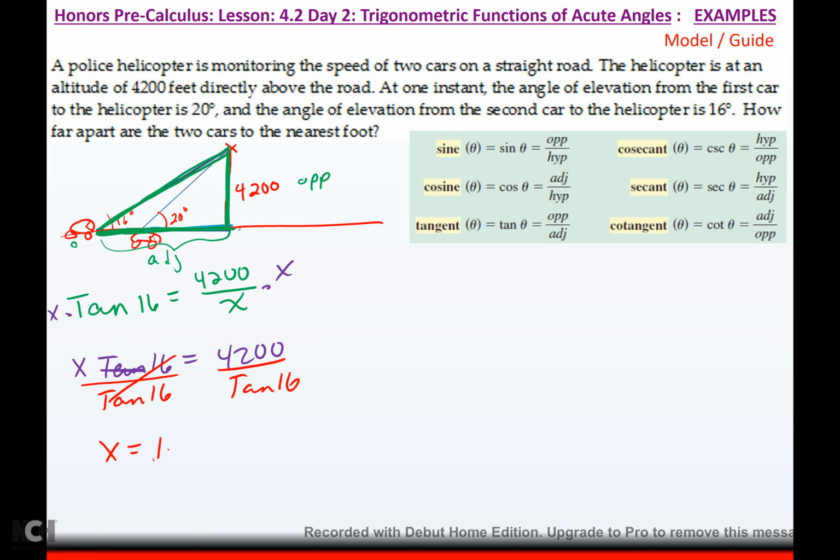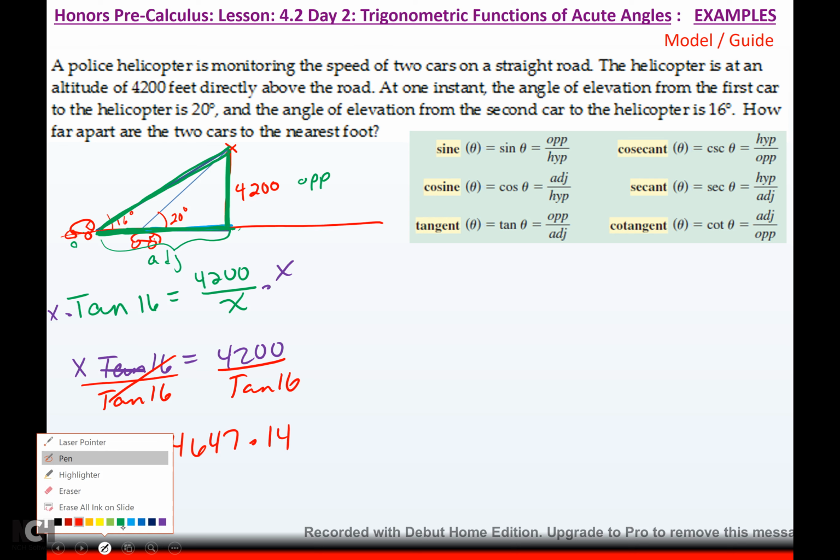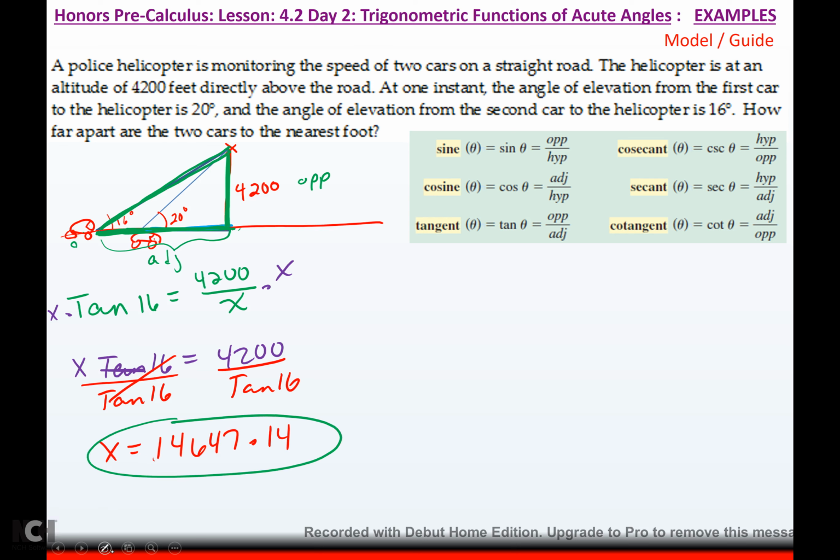Okay, 14,647.14 feet. So that's the big green one. Now, let's figure out what this blue one is. For the blue one, I'm just going to use the small blue triangle, where again I know the opposite, and I'm looking for the adjacent. Again, opposite and adjacent is tangent, so I set up tangent of 20,